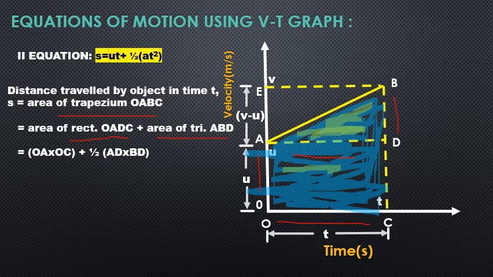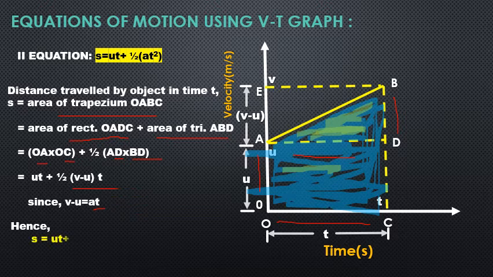So we have put all these values here. Now in the beginning of this discussion, we had assigned the values to all these terms. So all we do is substitute those values in this equation and we get this particular expression. Now we use the first equation of motion from where we know that v minus u can be written as at. So all I do is substitute this v minus u in the above equation by at. So we will have,